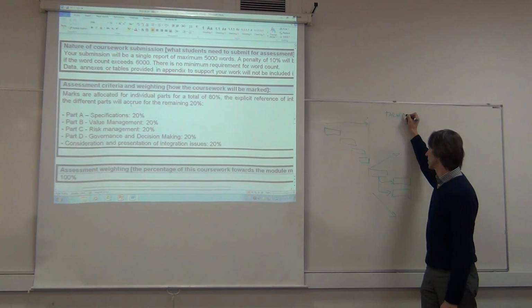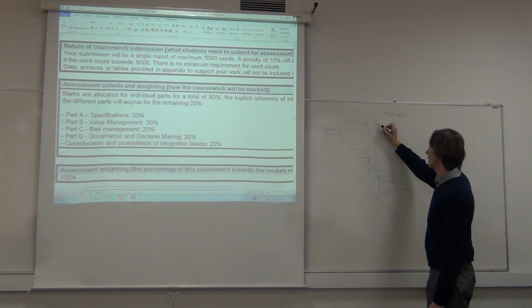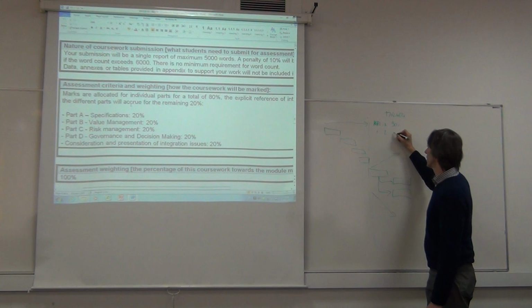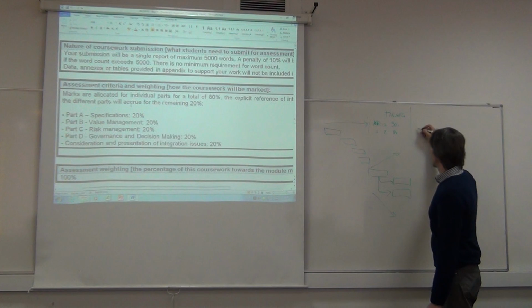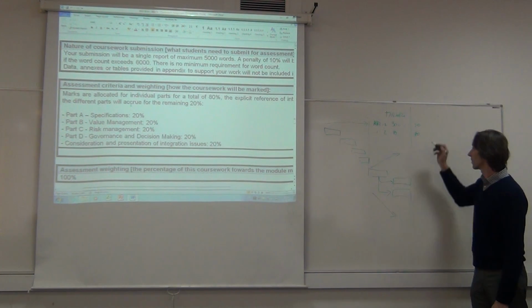The target is going to be, I don't know, 90% of something. For KPI 1, KPI 2, the target is 85. The current is 50 and the current is 70. Okay, baseline.